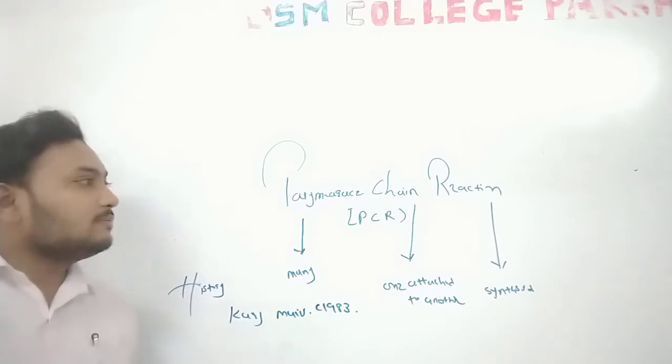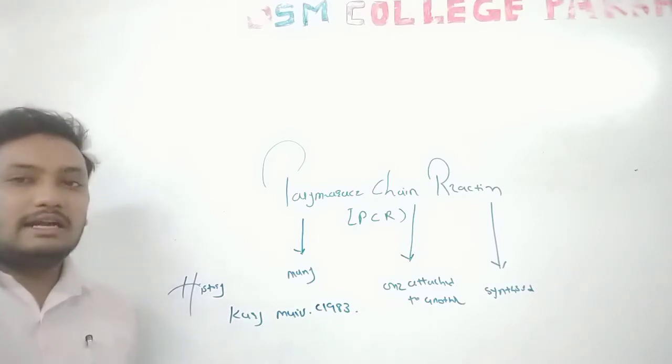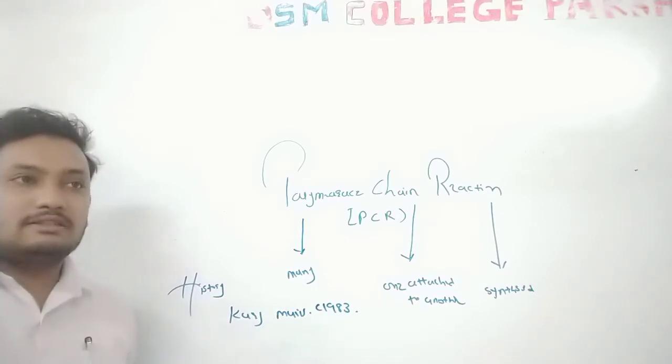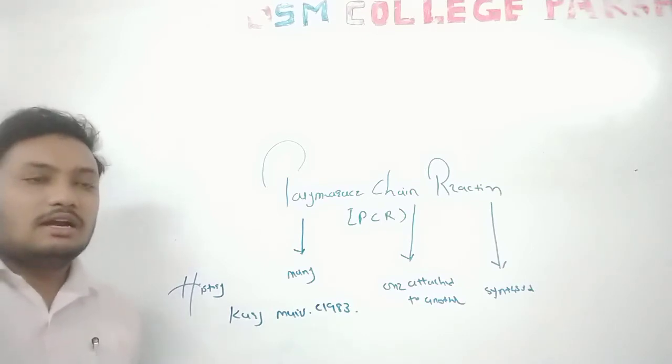Then the polymerase chain reaction is a totally artificial method. In this method, we artificially synthesize millions of copies of a minute quantity of a DNA molecule. Especially it is used for DNA synthesis, but it is also applied for RNA to DNA. This is a reverse transcriptase type of polymerase reaction, converting single stranded RNA into single stranded DNA, which is then converted into double stranded DNA.